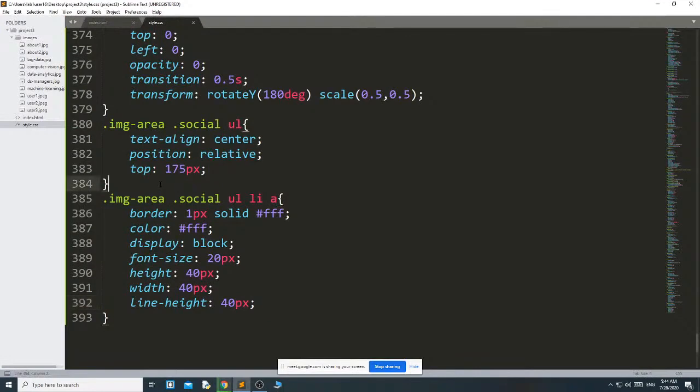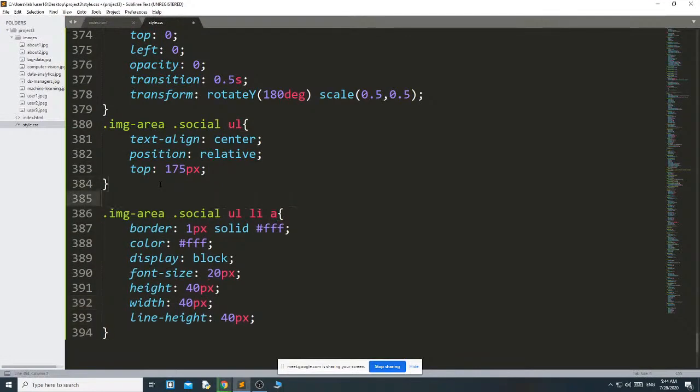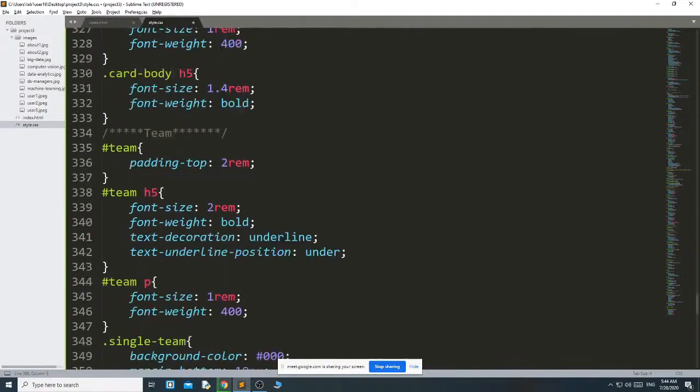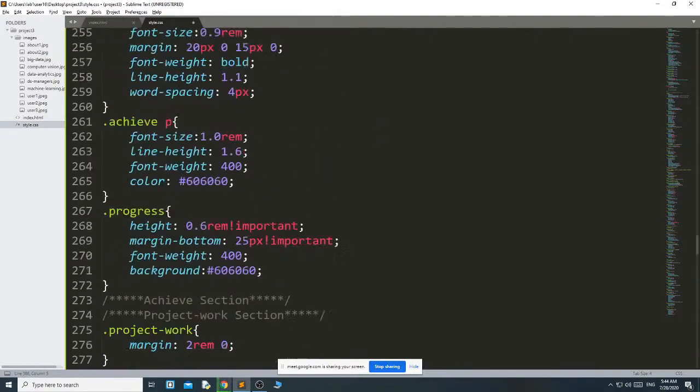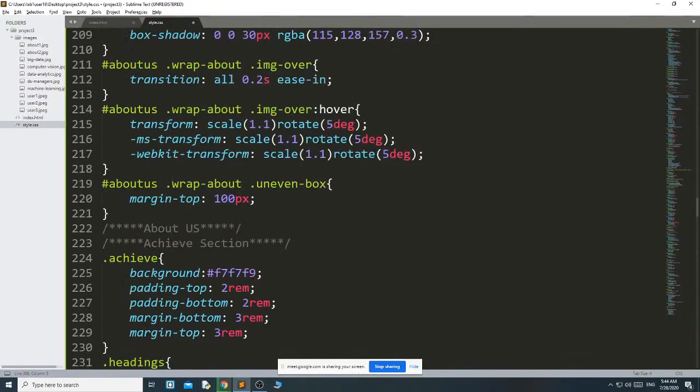I just want to make the social icon color, .image-area .social i. And this icon color, where am I getting it from?